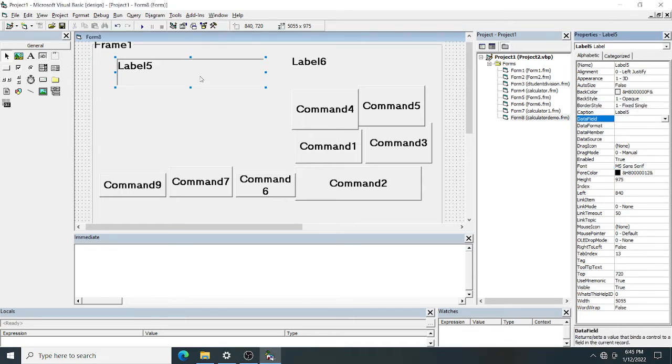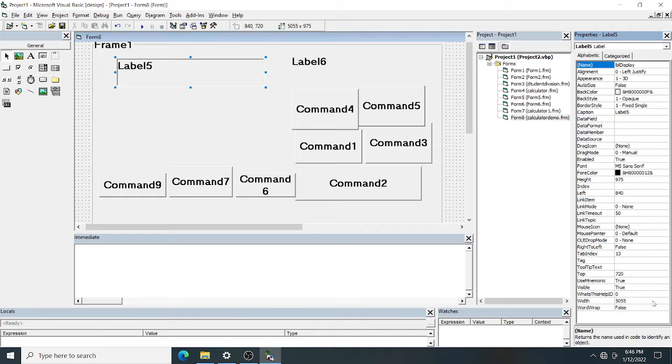If I click on fixed single, it will look like a text box, and I am going to change the name. The name is label 5. Here I am changing the name to LBL display. I have changed the name.